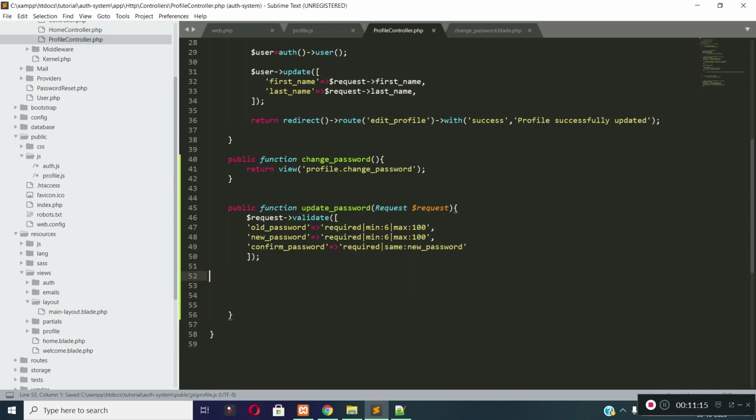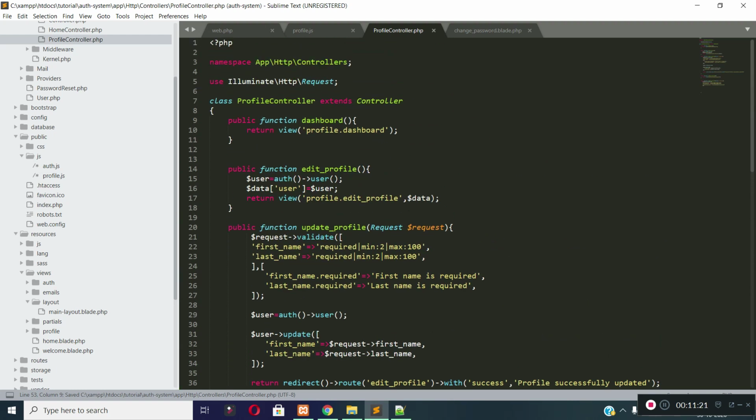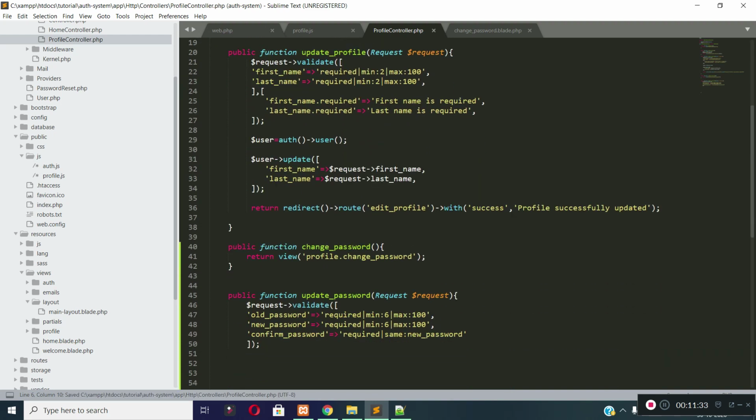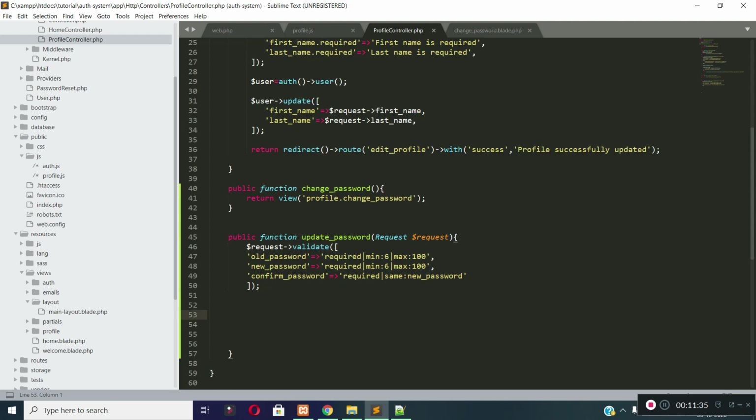Now let's check whether the user's old password matches or not. So I will check the user's password with the help of the Hash facade. So let's include the Hash facade at the top. The Hash facade helps us to check the user's password. So let's check if the old password matches or not.